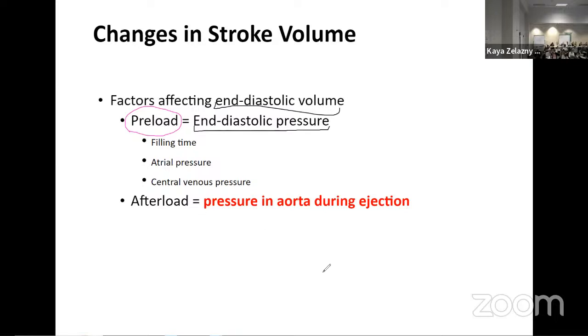Okay. Afterload has to do with that second little picture that I drew, and why I was pointing out the aorta and those pressure differences to you at the beginning here. So afterload is the pressure in the aorta during ejection. That afterload is the force that we're fighting against. So if we have high afterload, this is going to tend to decrease stroke volume because we're trying to push against that afterload. This is a force against stroke volume and therefore against cardiac output,